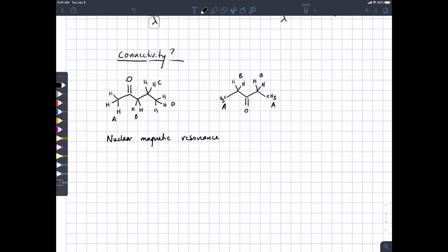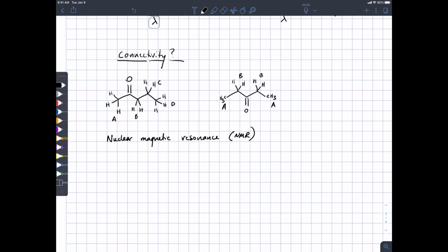NMR is what we will call it. This involves using a strong magnetic field to sense hydrogen atoms. The technology involved in NMR is the same that is used in the radiology technique, magnetic resonance imaging, or MRI. Only the protons that you're detecting in MRI are from water. All right, so